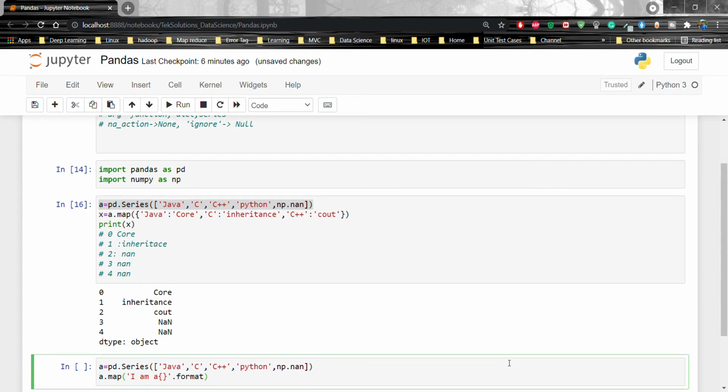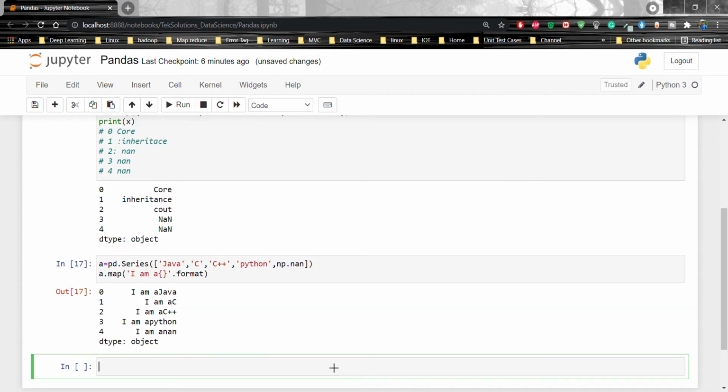Now if we run, what will happen? All the values, Java, C, C++, Python, NaN, are going to be added with 'I am a'. Okay, let's press shift enter and see the output.